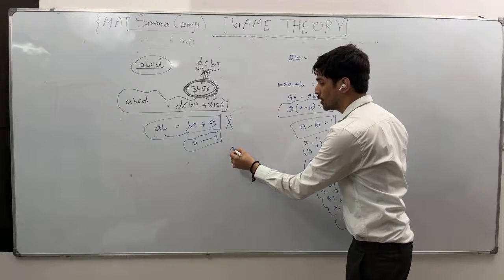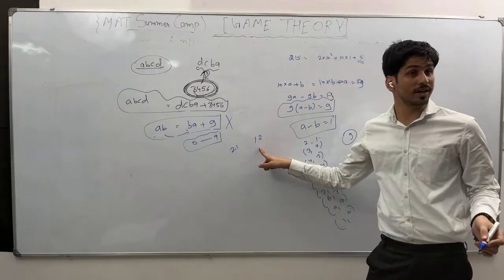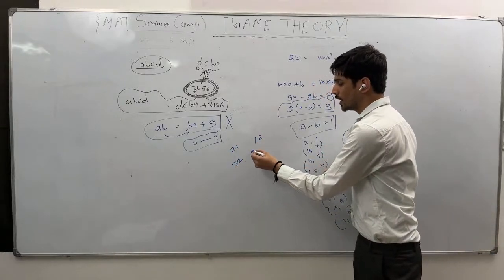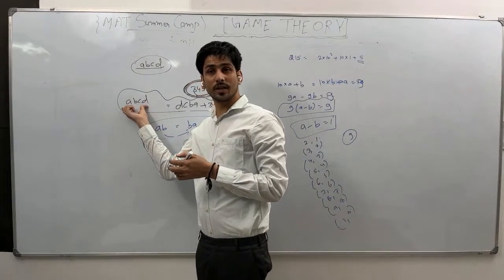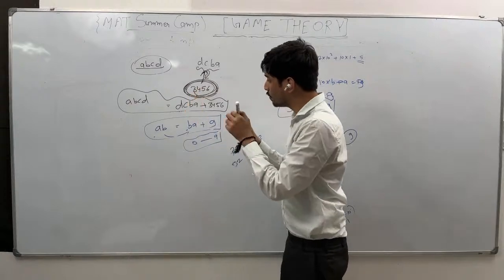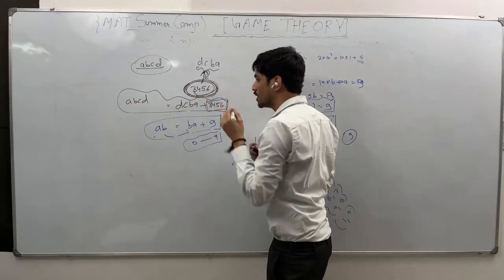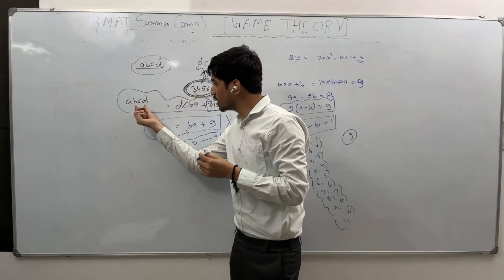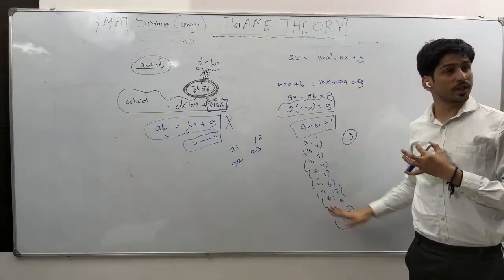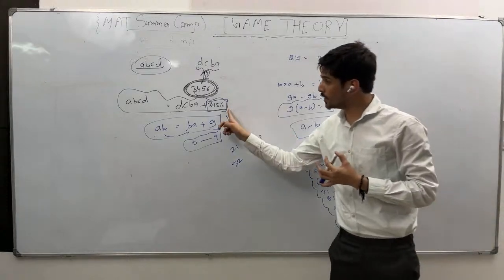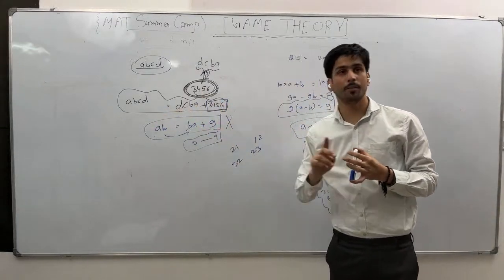Because if you try, you see 21, here you'll get 12. Difference is 9. You try 32 and 23. Difference is 9. So similarly, I'm asking, a 4 digit number is there, right? If you reverse that number, it decreases by 3456. Then how many possibilities are there for A, B, C, D? This one is clear, right? So similarly, if I write this, how can you find the value of A, B, C, and D?